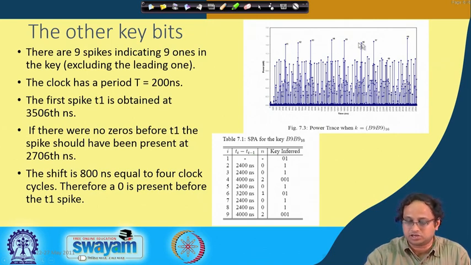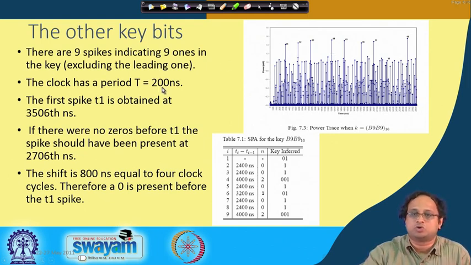Like, at least these ones are quite distinct. So what I observe first is that the distance between the spikes is not the same. You can see the distance between these two spikes and these two spikes and maybe these two spikes are quite different; this one is quite wide apart, right. Therefore, you are expecting that there are more zeros in between, okay. So we find that in our case the clock time period is T equal to 200 nanoseconds.